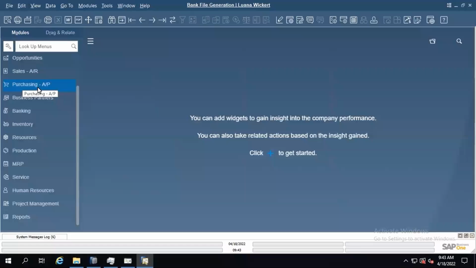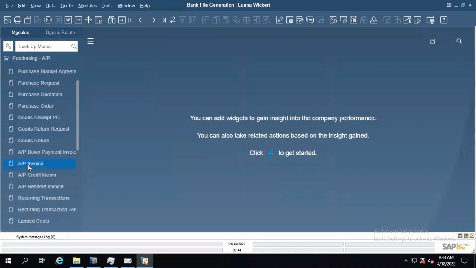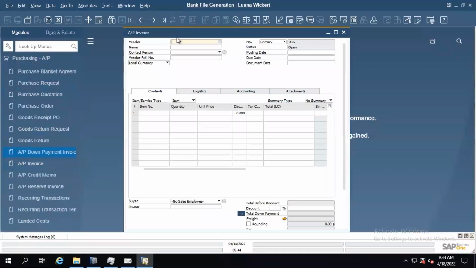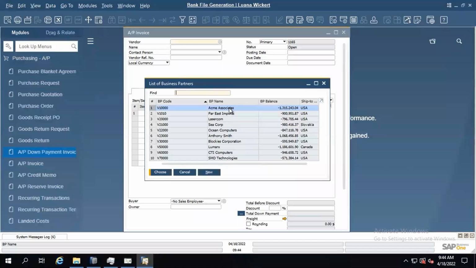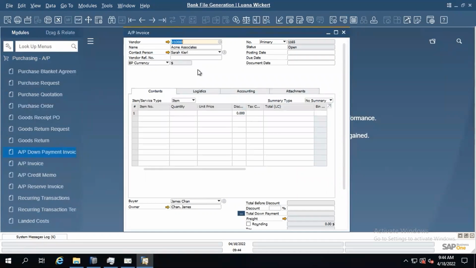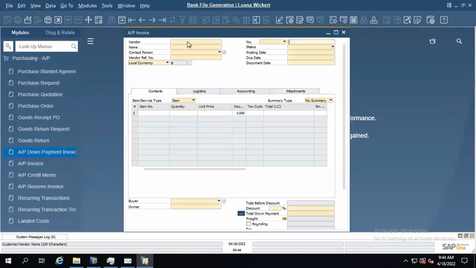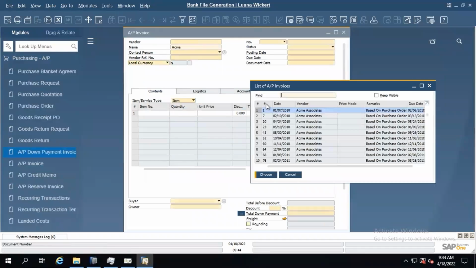The next step will be to make sure that all the AP invoices where I'm going to use this NACHA payment method have this payment method selected. So let me go to the AP invoice. Let me look here for my Acme Associates vendor. Actually, I'm going to look for some that I already have created. Let me get one of the last invoices here